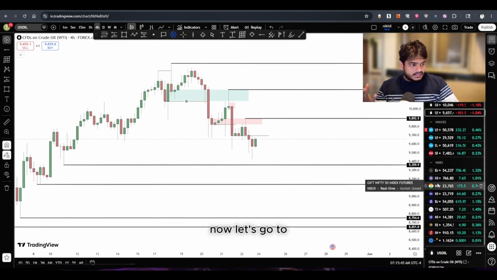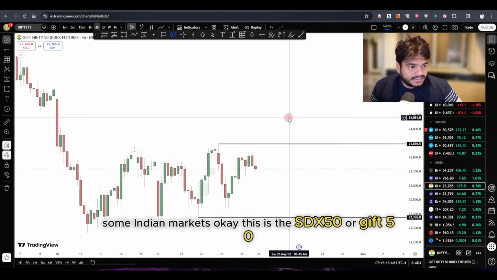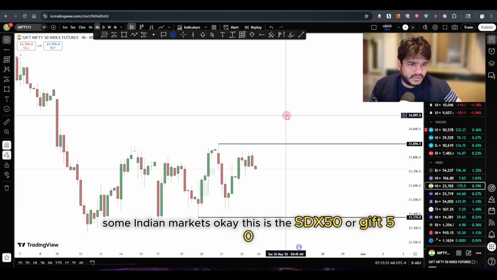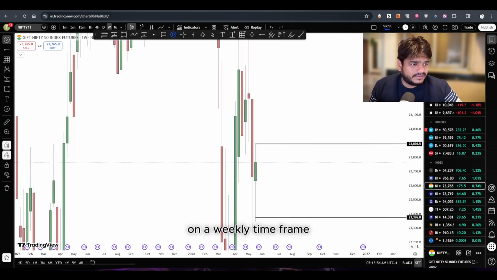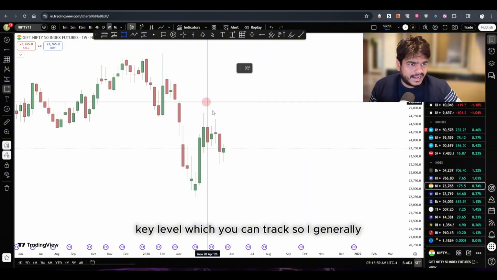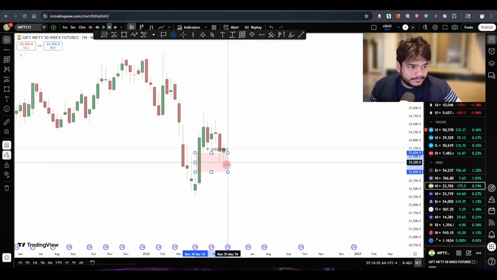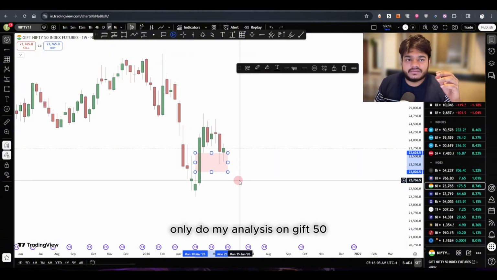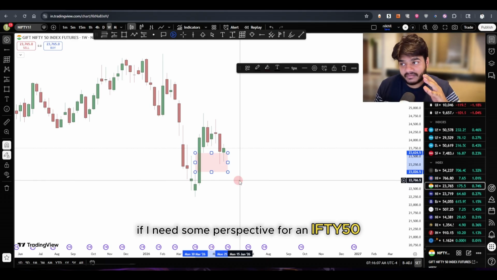Now let's go to some Indian markets. Okay, this is the SGX Nifty or GIFT Nifty on a weekly time frame. This is the key level which you can track. So I generally only do my analysis on GIFT Nifty if I need some perspective for Nifty 50, because it